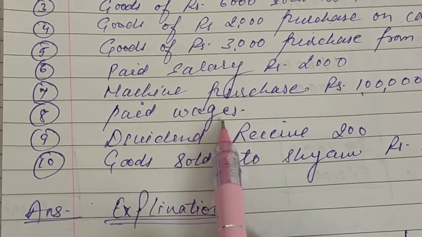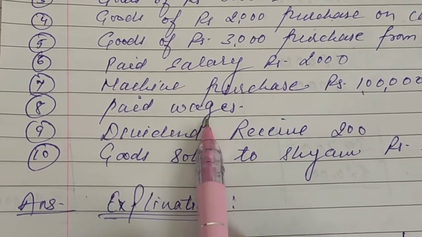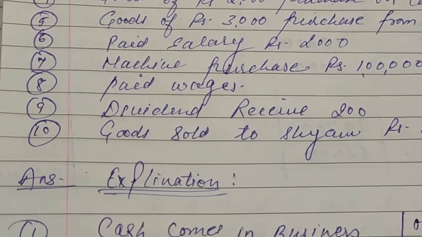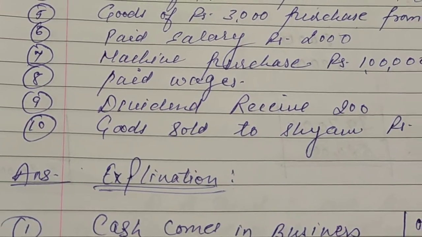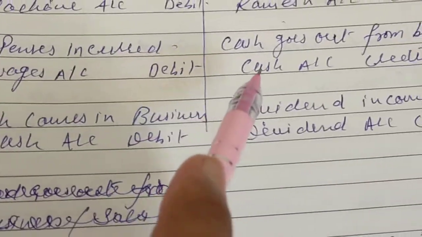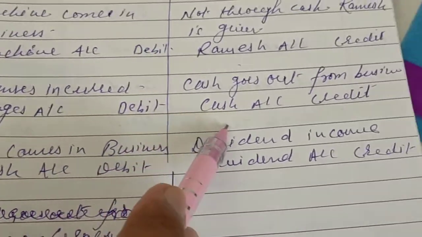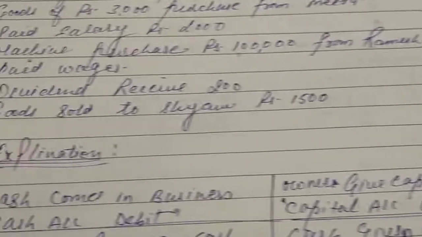Next entry, you can see paid wages, same like this entry. This also is an expense, but the expense name has changed. So wages is also an expense, it will be debit, and cash goes out from the business, so cash will be credit. You can see wages account debit and cash account credit. Next,